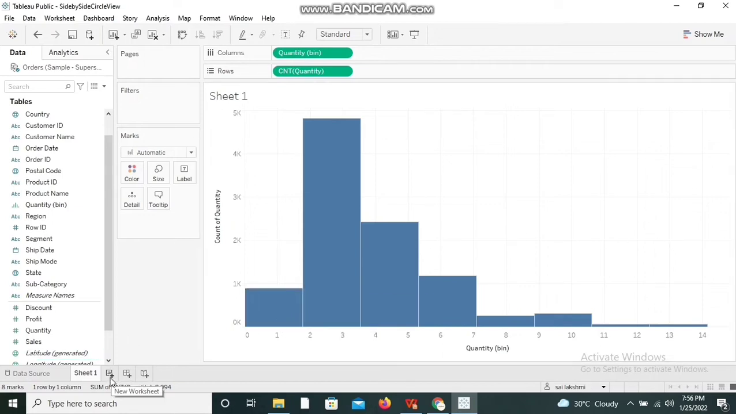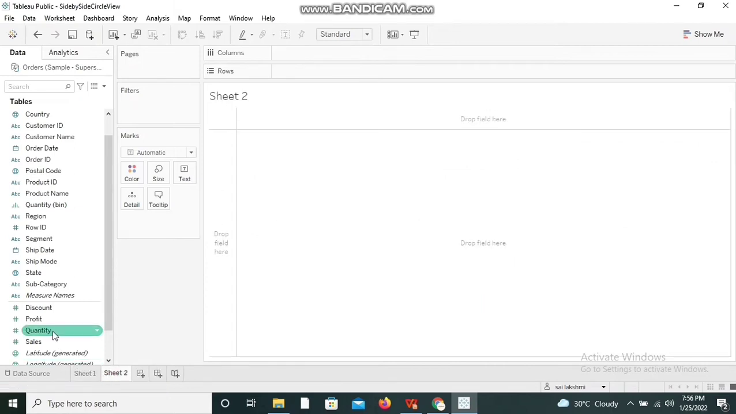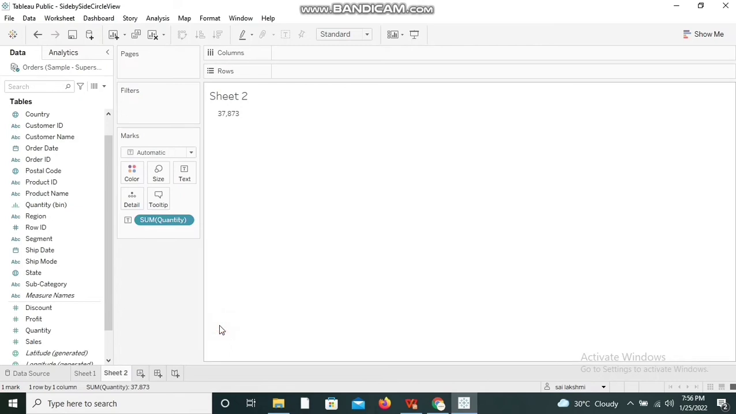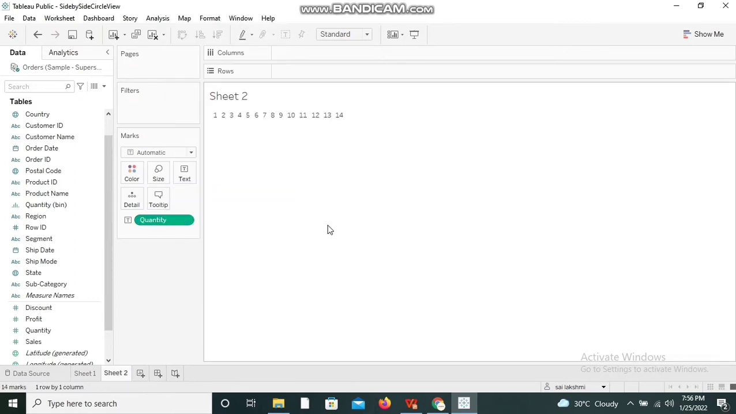Let me create a new sheet and explain clearly. I am taking the quantity and dropping it in the text and converting it to discrete, and changing it to dimension. See, you can see we have 14 values in the quantity dimension. That means